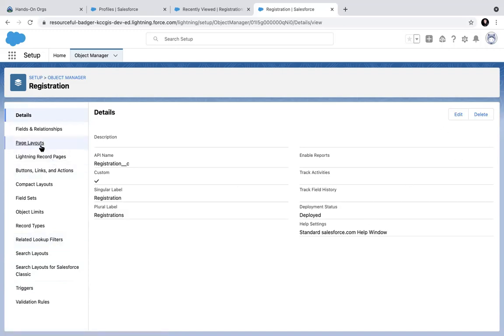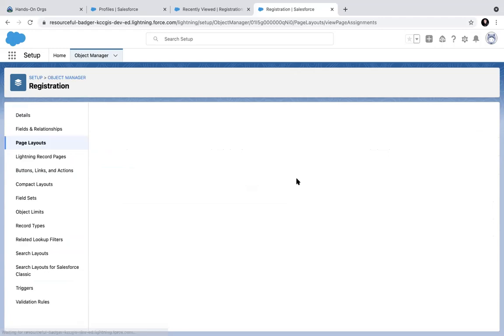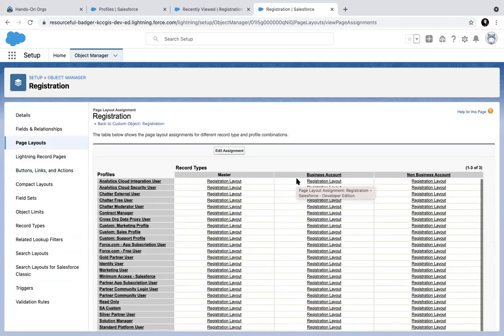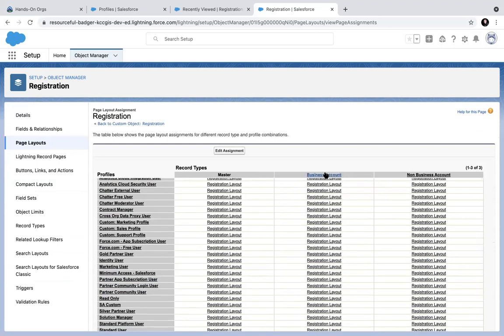Okay. Here, when you go to layout and you see layout assignment, here the matrix changes. Now you see what kind of record type and which user or which profile type. Based on that, the layout will be chosen. Salesforce will choose. If both record types are assigned to you, then you can create both kinds of records. In that case, it will ask you which kind of record you want to create. If you have not assigned record types to that profile, in that case, you cannot create the other kind of record. In that case, directly the layout will open up. There is no need for you to ask question. Clear?